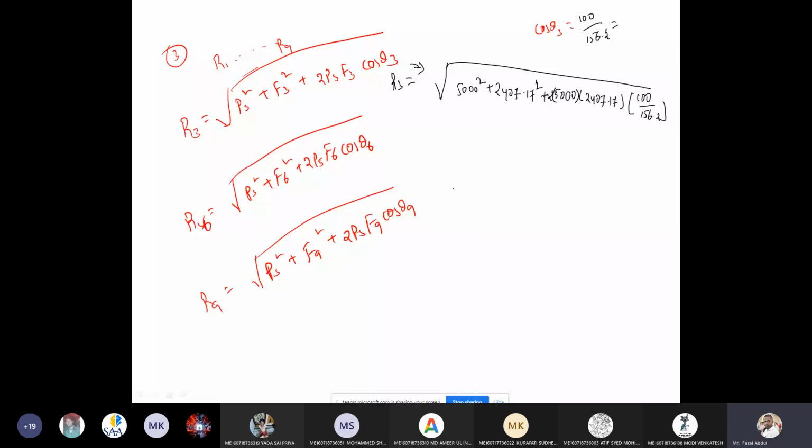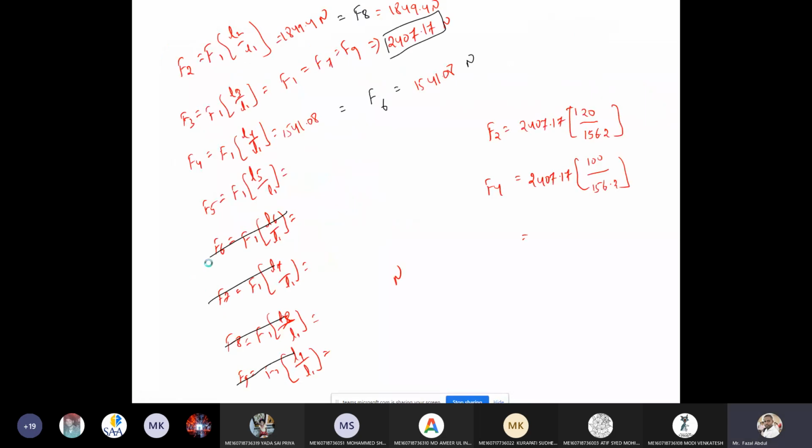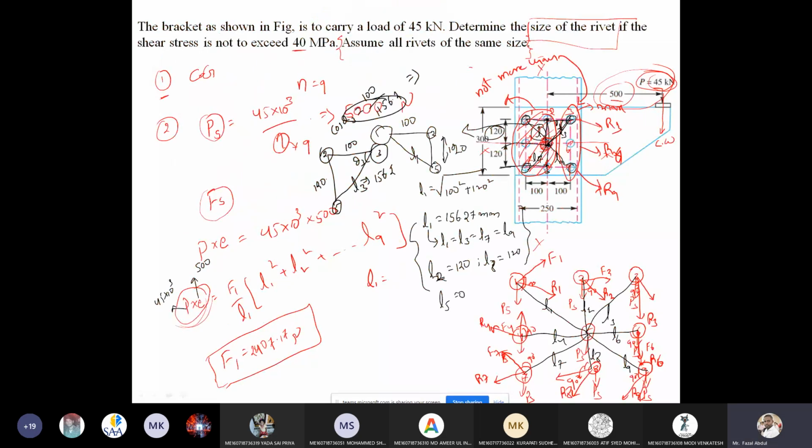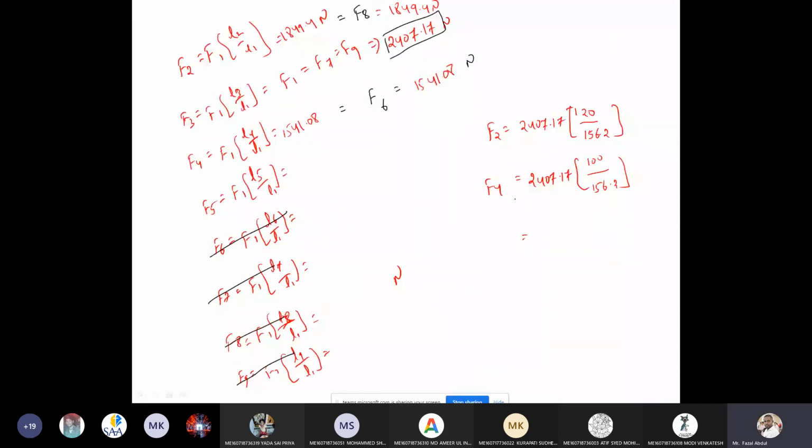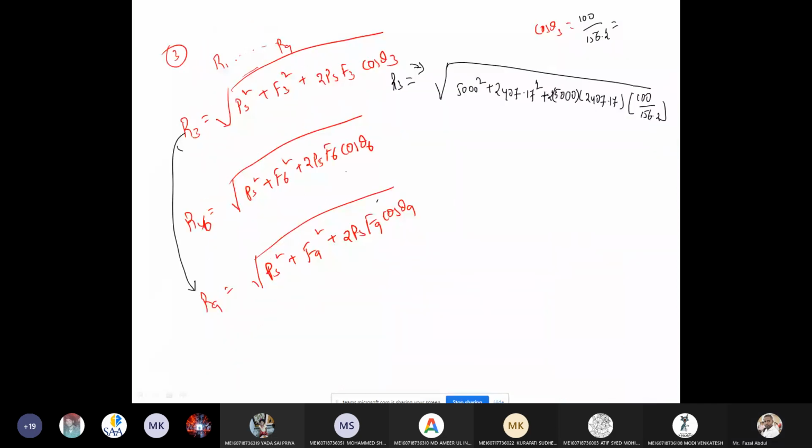How much is the R3 value? Once you calculate the R3 value, R3 is also equal to R9, because if you see the diagram, the positions of R3, R1, R7, R9 are all at the same distance. See here L1, L3, L7, L9. It means if we calculate L3, L9 is equal. In the same manner, if you calculate R3, R9 is also the same. Do it fast, Babu. R3, how much?